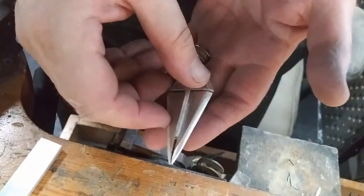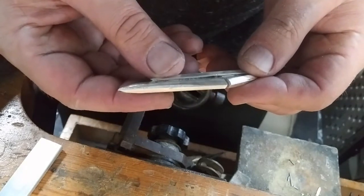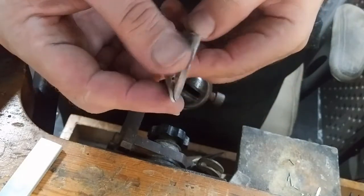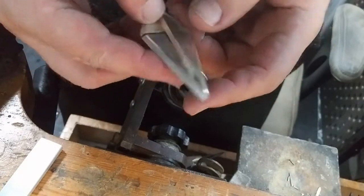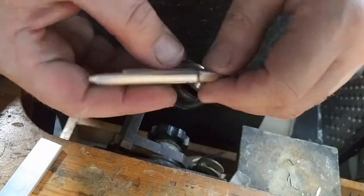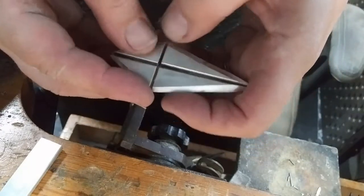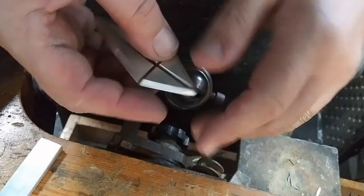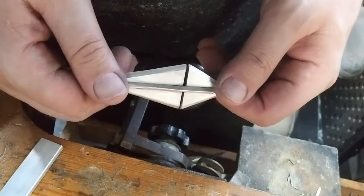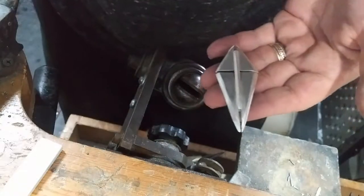Okay, so we've pretty much refined the edge here. As you can see, I've made it pretty close to a point, and everything's been refined. I've filed an edge all the way around. Took me 8 times, 1, 2, 3, 4, 5, 6, 7, 8, of a specific angle and holding the piece. My arms are pretty much worn out, but as you can see, that's exactly what we want